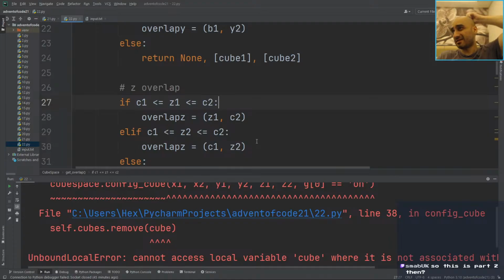So there could be 8 possibilities, is that right? Yeah. And then including the overlap, that means if a cube intersects with a cube, that potentially splits into 9 subcubes, is that correct? I'm trying to visualize a cube in my head now. Yes,